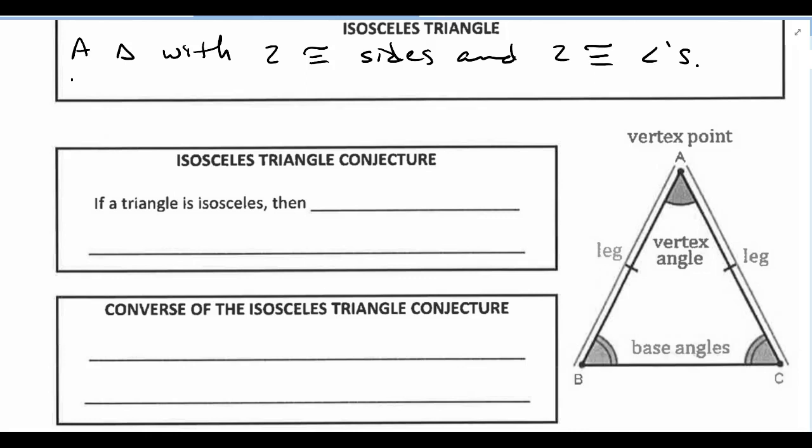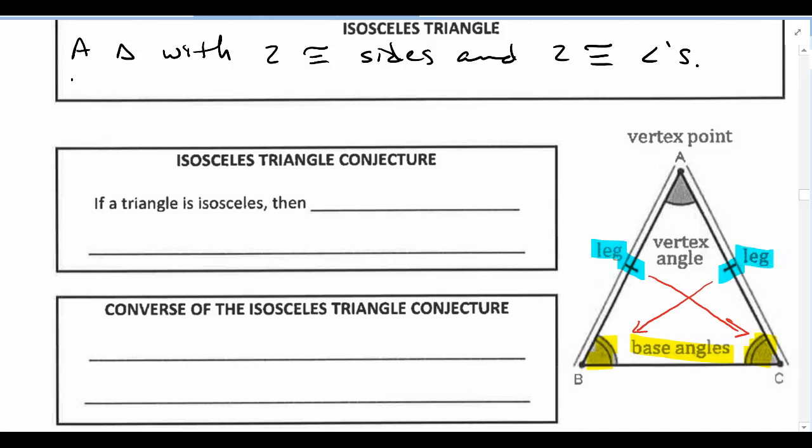At the bottom we've got two base angles, and you notice the tick marks here. The base angles are congruent. And then we've got our legs. Again, notice the legs are congruent. And notice how the congruent angles are opposite the congruent sides in the triangle. All right, so we've got our base angles, and we've got our legs,